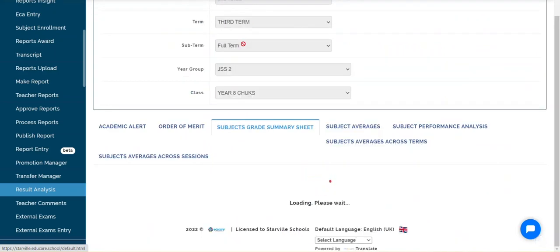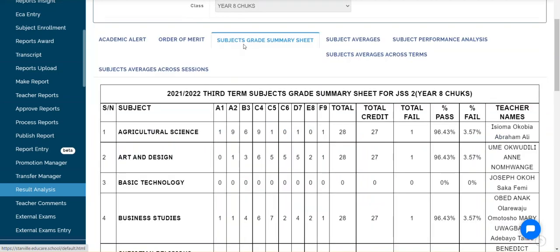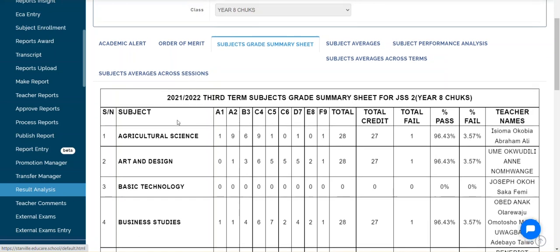Then also we have the subject grade summary sheet. What the subject grade summary sheet does is it uses your key to grade. That's the grading system you provide for us, and you can see it listed here. You use this to assess the teachers. For agricultural science, it's showing me that one student had A1, nine had A2. Just like that, one student had